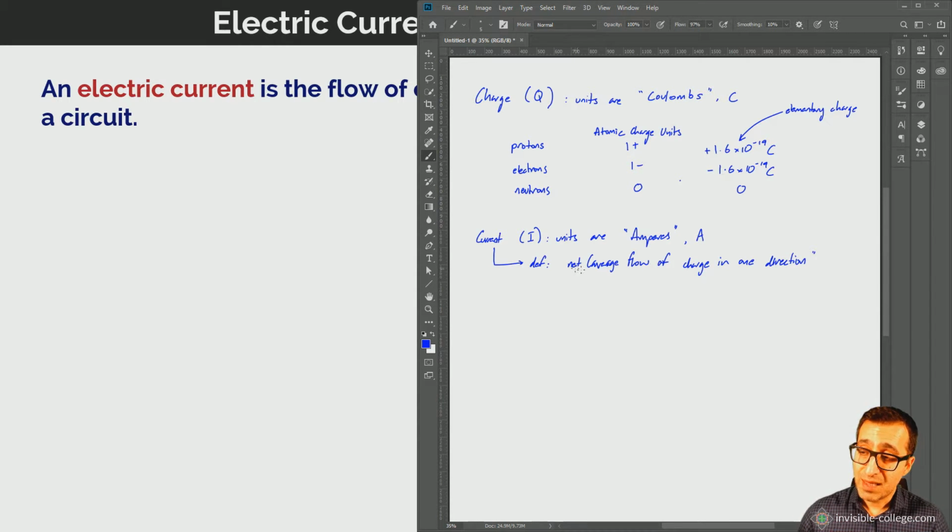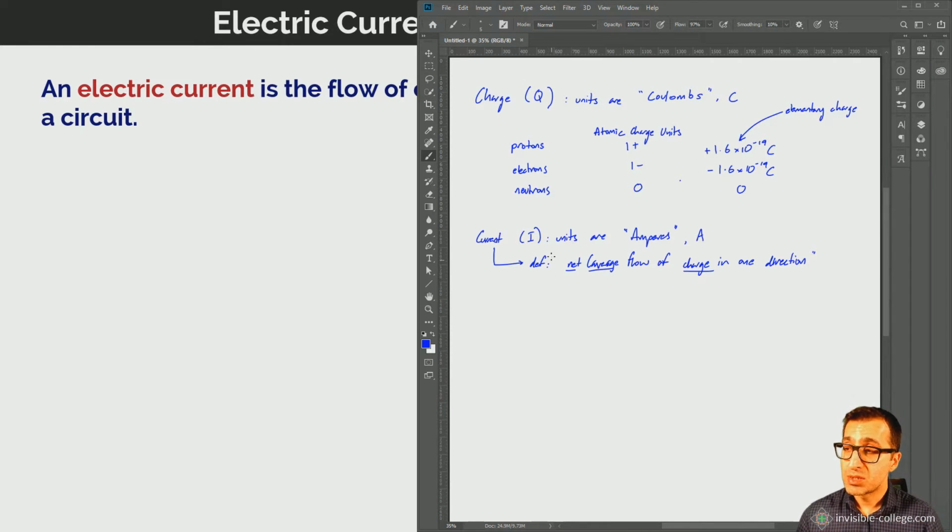So notice that the definition here is the average flow of charge. It doesn't necessarily have to be negative charge like that carried by electrons in electrical circuits. It can also be the average flow of positive charge in a particular direction. But in electrical circuits where the majority of the components are metals, it is in fact the electrons that move around the circuit. And if they all move in one average, net direction, then you have an electric